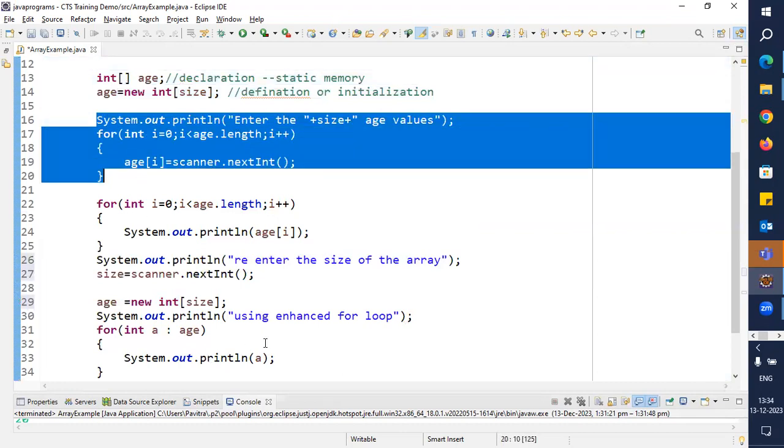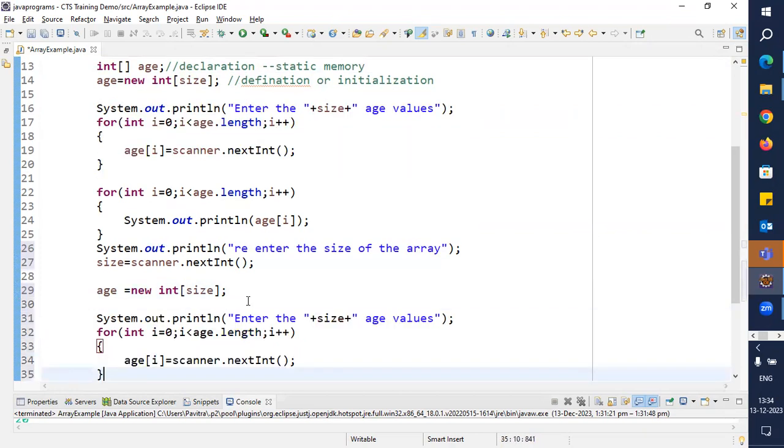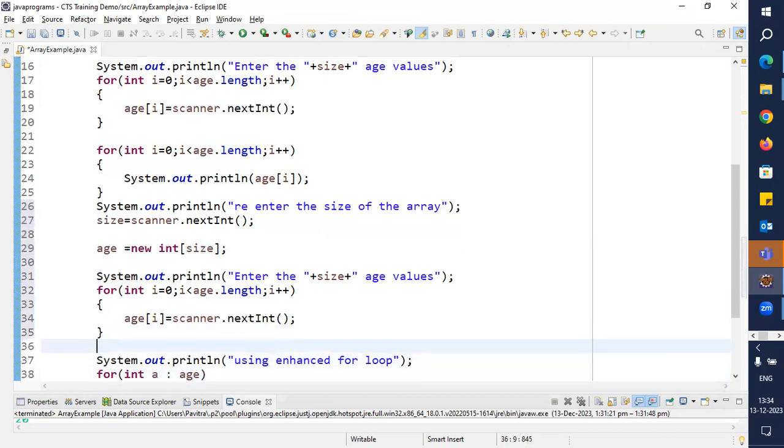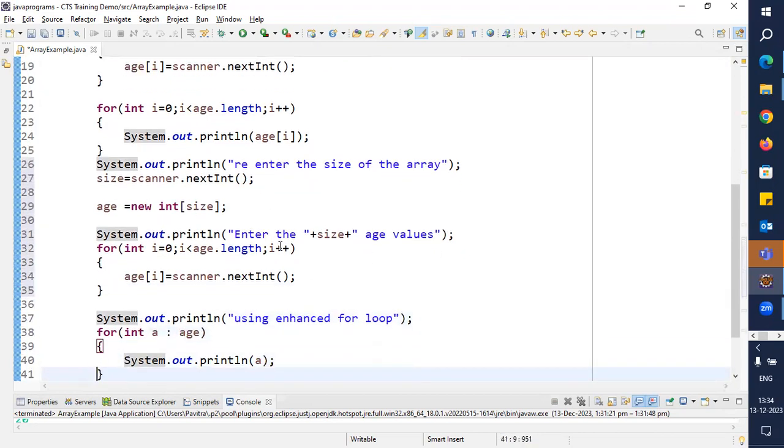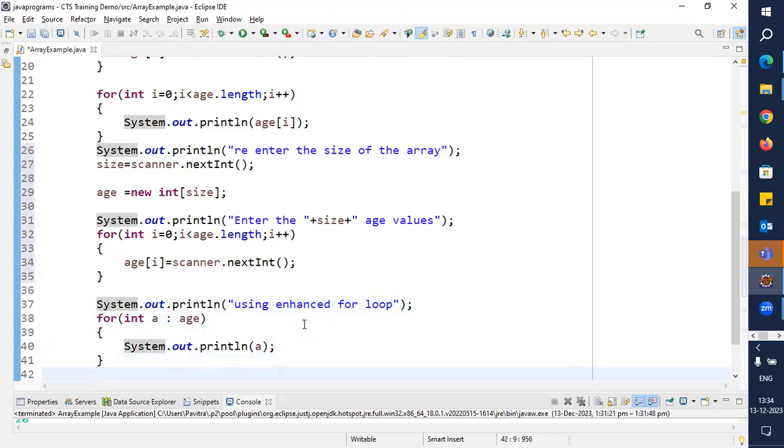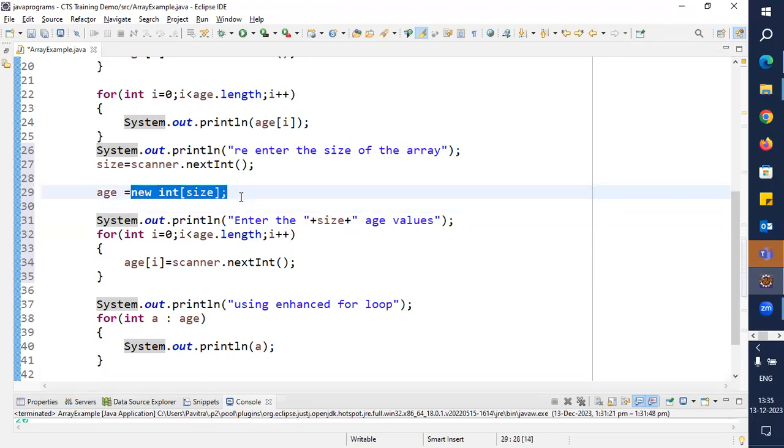Okay. So now if you want to assign the value again to this array, you can again say here, copy this, enter the size of the age values. Again, I'm asking the user to enter the values, and I'm going to print these values directly by using the enhanced for loop. Okay, this time I'm not going to take a normal for loop. But with respect to memory, what happens in line number 29? So when you say age is equal to new int of size,